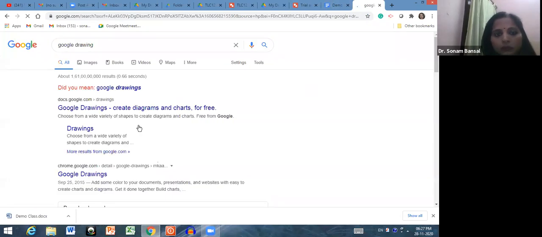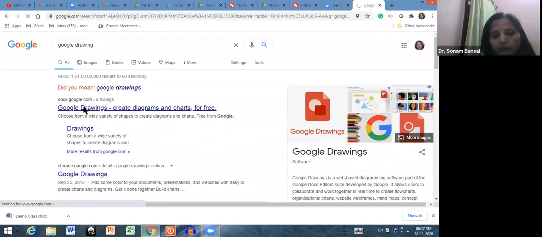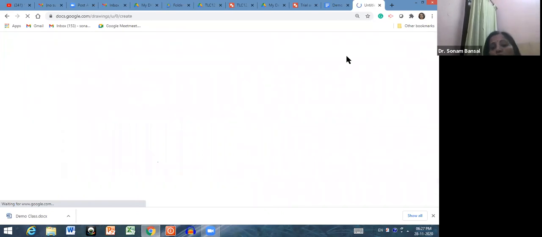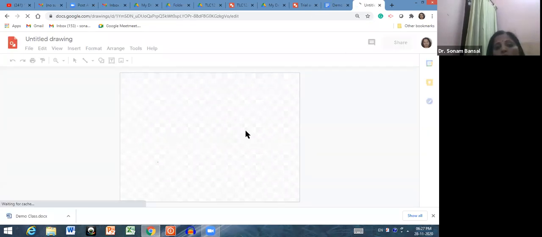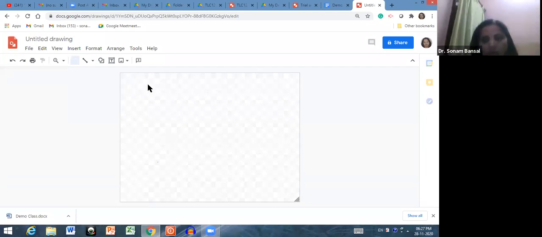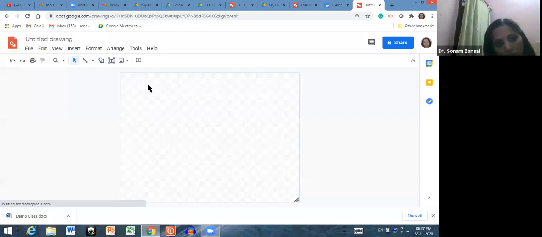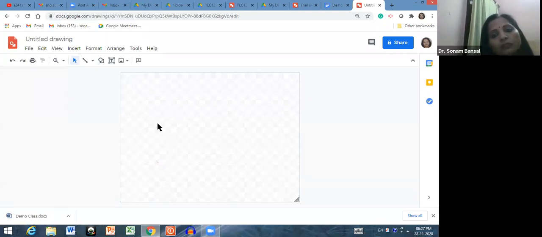Or just go to the 9 dots and click there and go to Google Drawing. So this is the untitled document of Google Drawing. This is how the Google Drawing interface will look. See, now please listen carefully, because after some time I will share this document with you and you can draw something over here, right? This is the blank interface of Google Drawing.